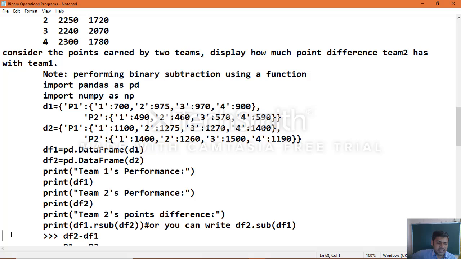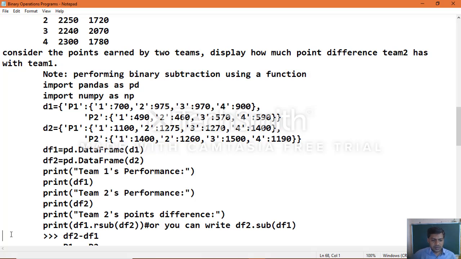And once you created the dictionary objects, then you can create the data frame objects. So here for the data frame objects we use the dictionaries as data, and print team 1's performance as df1 and team 2's performance as usual, the information which the data frames contain.